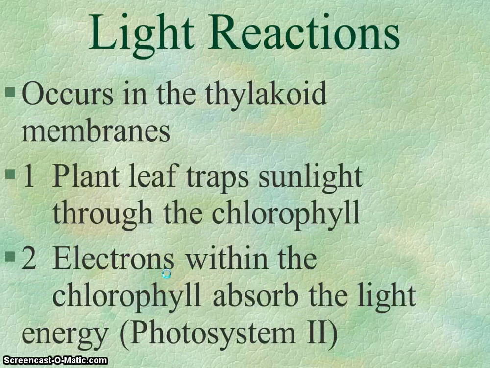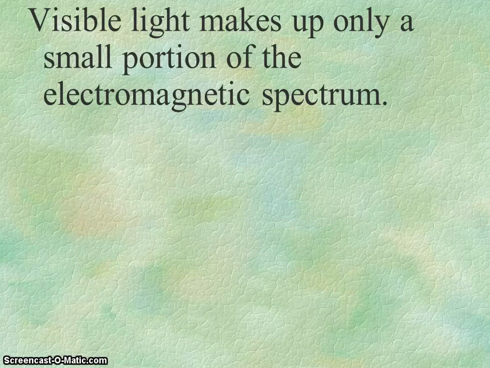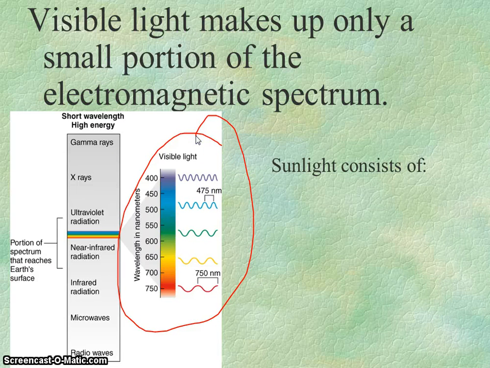Okay, so a little bit more facts on the light reactions. It's going to occur in the thylakoid, okay? And the first thing is that the plant is going to trap the sunlight, and it does get trapped by those pigments, in particular chlorophyll. Now, inside of the chlorophyll are electrons, and once they get that sunlight, they get kind of excited and they absorb that light energy. Okay, this is just showing you the different parts of the spectrum, and we will do this when we talk about the chlorophyll absorption spectrum. So this is when we're talking about absorbing the light energy.